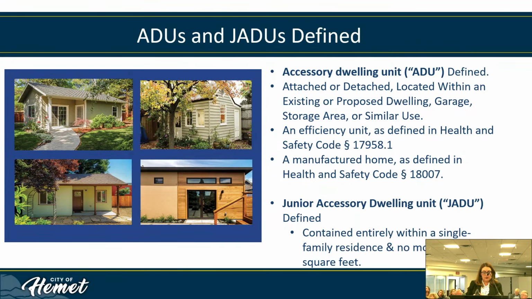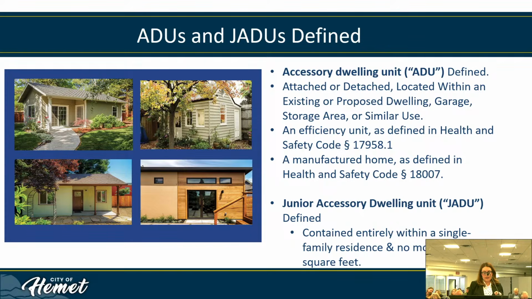So accessory dwelling units essentially are units that are attached or detached. They're residential dwelling units which provide complete independent living facilities for one or more persons and are located on a lot with a proposed or existing primary residence. It shall include permanent provisions for living, sleeping, eating, cooking, and sanitation on the same parcel as a single-family or multifamily dwelling. An ADU also includes the following: an efficiency unit, which is the minimum for an efficiency unit is